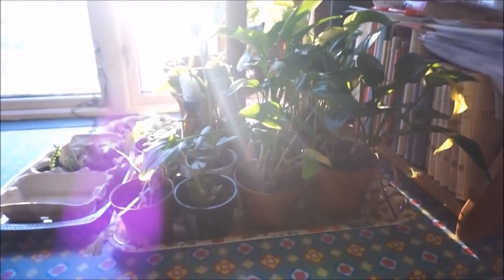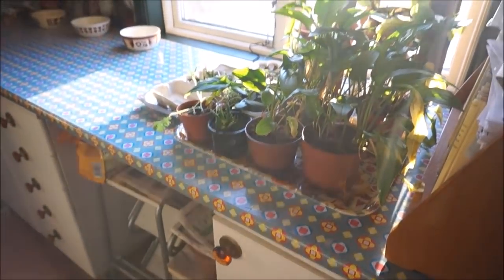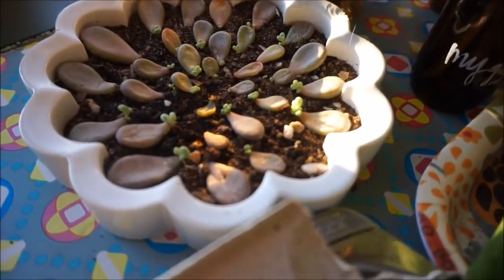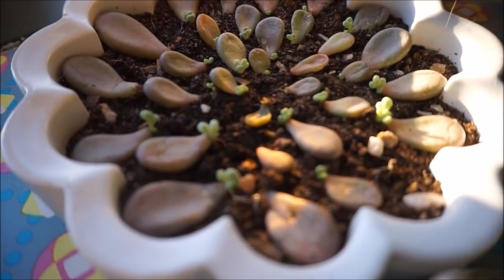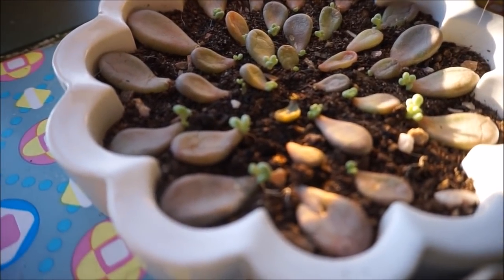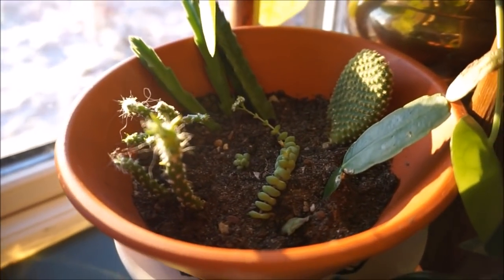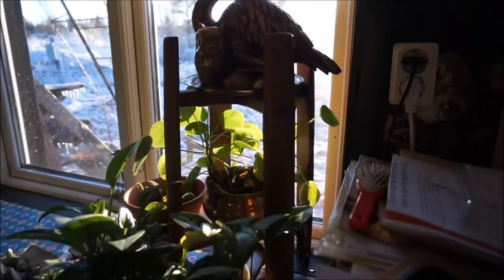And these plants I hope to be able to sell on Facebook soon. And these are my baby succulents. I am very proud to have been able to make these pink moonstones grow. Can't wait for them to be big and go into their own pots. And more succulent nursery. Down here I have more crystals, and this is a plant stand which I put up